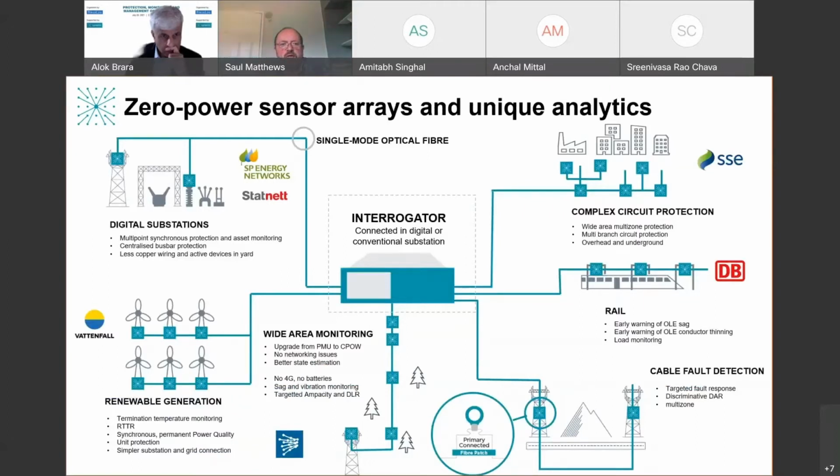So the kind of things that we're being used for by operators in Europe looks like this. On the top left, we're being used in digital substation trials. So as people are learning how to deploy 61850 and finding that common language for interoperability of all the IEDs and devices that you'll find in the substation, we've been working with Scottish Power, part of Iberdrola, and also with Statnett, who are the transmission operator of Norway, to provide additional instrumentation schemes.